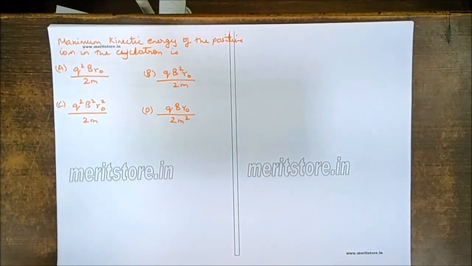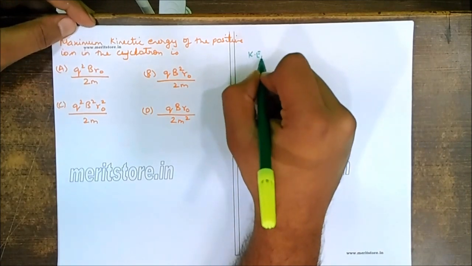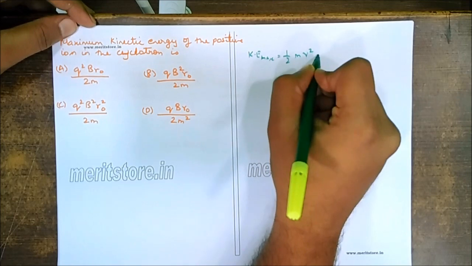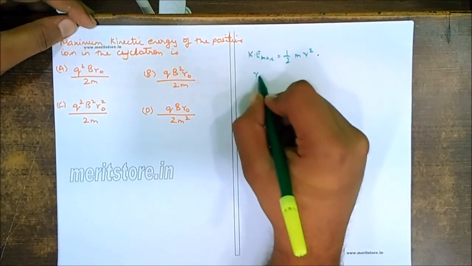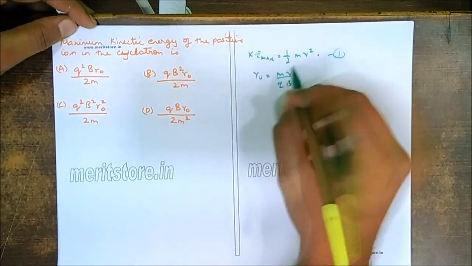Maximum kinetic energy of a positive ion in the cyclotron is. So maximum kinetic energy has been demanded. Kinetic energy max is equal to half mv square. Rho is equal to mv by qB, equation 1. Therefore